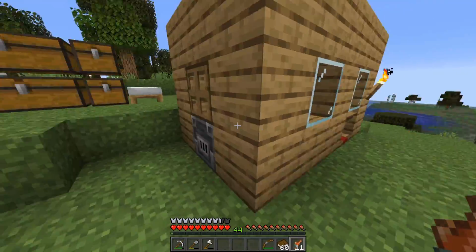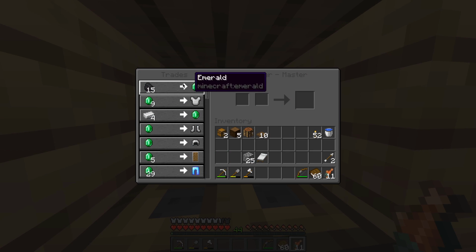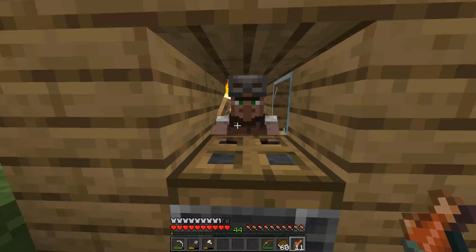So if you zombify them and cure them enough times, they will actually have all their trades for 1 emerald, or for one of whatever item for an emerald. So this will be like 1 coal for 1 emerald. And then down here, even the diamond armor goes down to 1 emerald per item, which I have actually done on my other server,